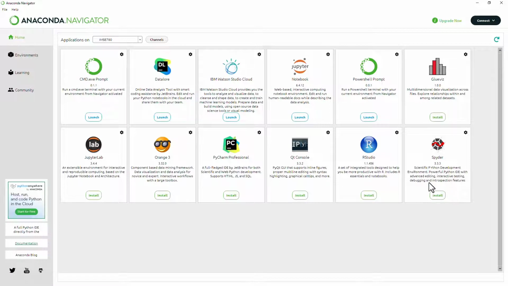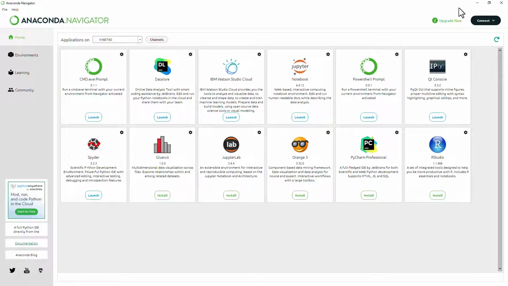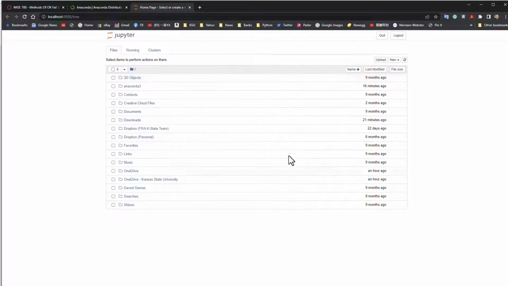Finally, we're going to install Spyder, and it takes a little bit long time, so I'm going to skip over until it's done installation. Okay, all the required software was installed properly, and we can try to launch the Jupyter Notebook from here. And it will open the web interface and show you this